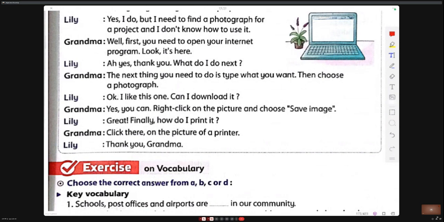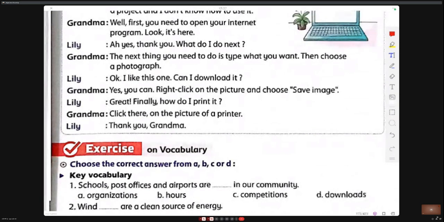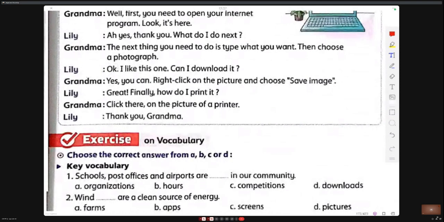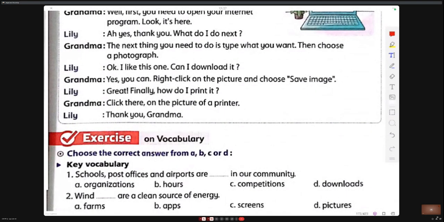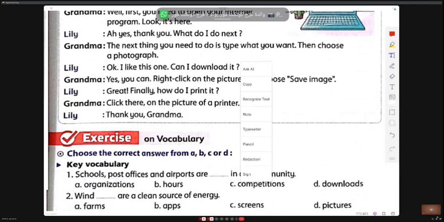Then choose a photograph. Okay, I like this one. Can I download it? Yes, you can. Right click on the picture and choose save image. Great. Finally, how do I print it? Click there on the picture of a printer. Thank you, Grandma.